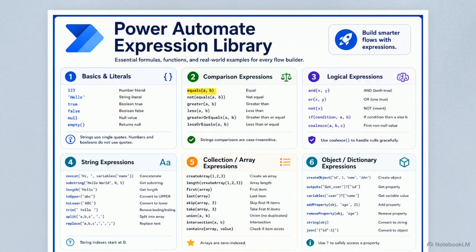Moving over to Section 2, we have comparison expressions like equals and greater. These let you test conditions. If you're comparing text, Power Automate treats uppercase and lowercase letters the exact same way. For more complex decision-making, Section 3 introduces logical expressions. The if function here is highly practical, letting you run quick inline conditional checks without building an entire branching workflow